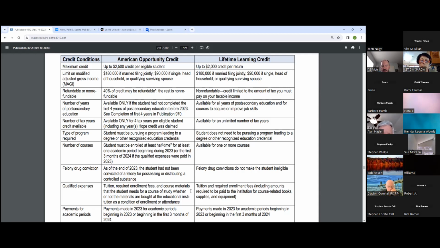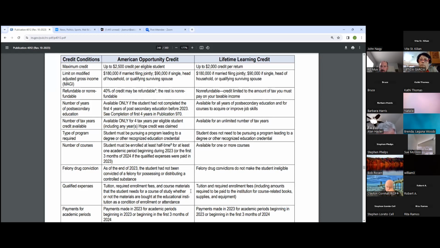Typically, they'll give you the IRS Form 1098-T, as in Tango, and that 1098-T will not show information regarding textbooks that are rented or purchased. And if someone is purchasing textbooks or renting textbooks, then that's part of the qualified educational expenses. And so you have to go through a computation to determine out-of-pocket expenses, which may include textbooks. And so you want to include that as far as your qualified expenses when you plug it into the software.